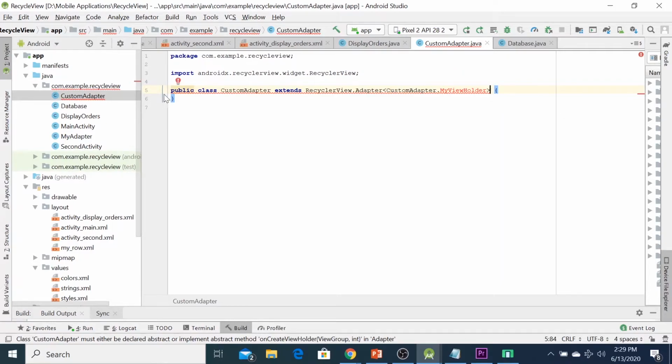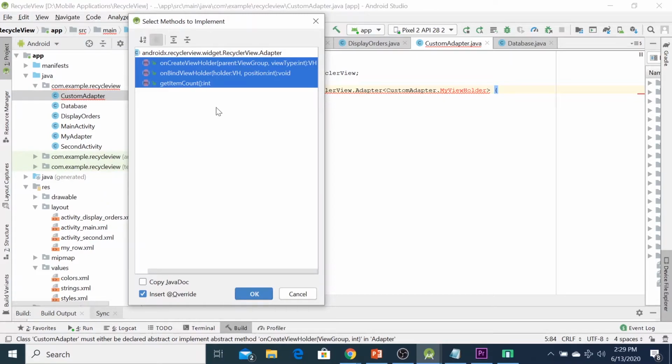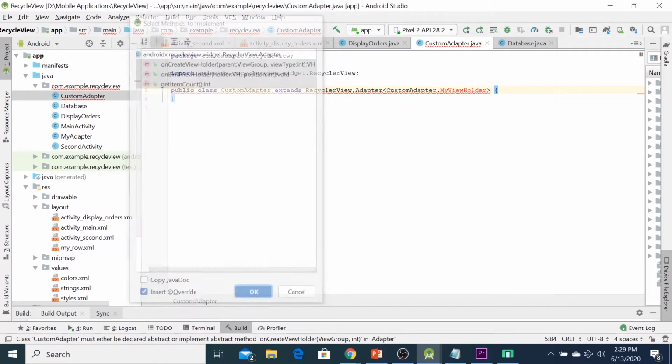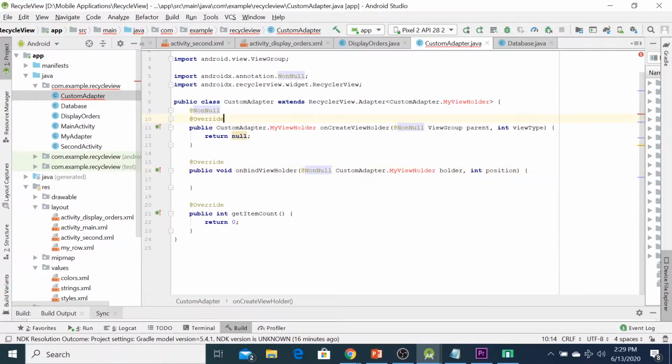Okay, and then we need to implement three methods, yeah, on create, on bind view holder, and get item count. So click OK here, so you can see those methods, yeah.